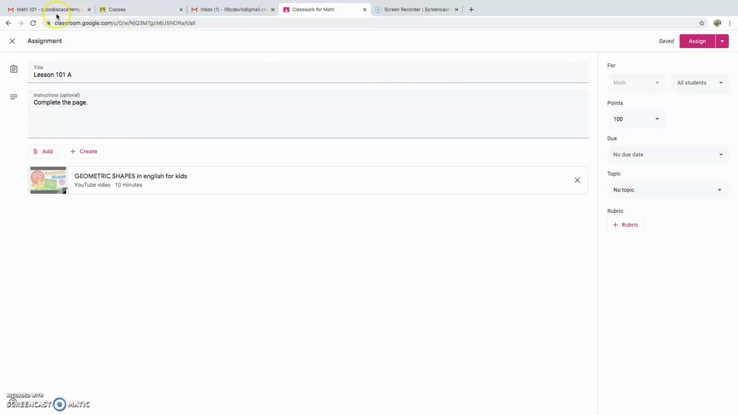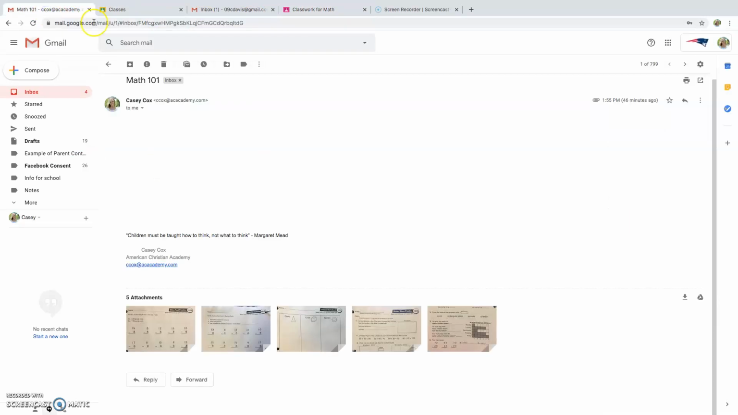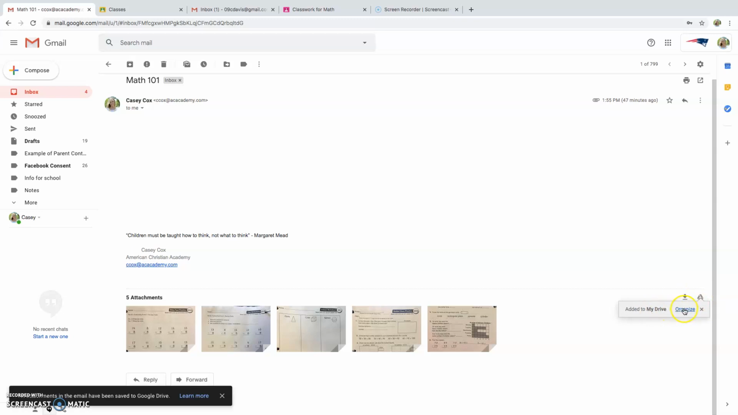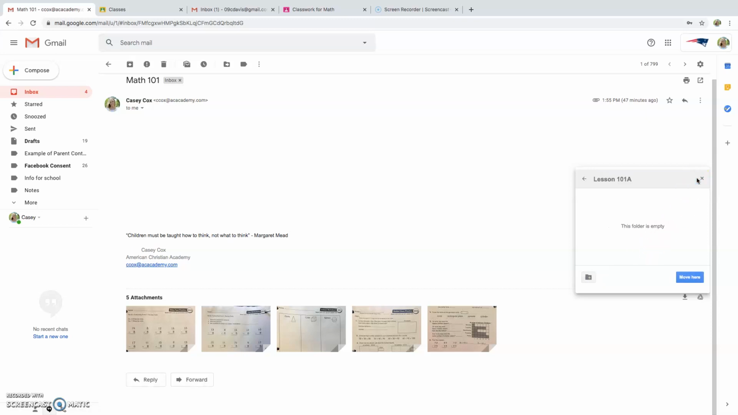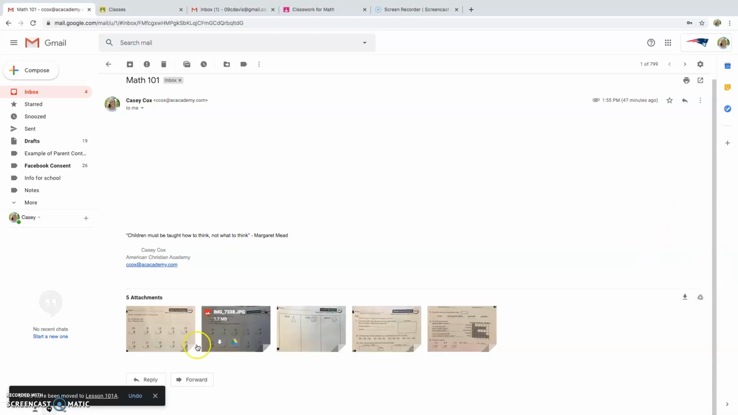So I've actually put pictures of the lesson worksheet up for them. I'm going to save all of those to my drive. You'll see that it's adding to my drive, and then I can organize it. I'm going to create a new folder, lesson 101A, just so that it's organized, and then move those pictures just into that folder so that I can probably delete them later. So going back to my Google Classroom,